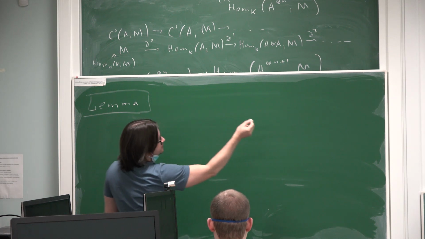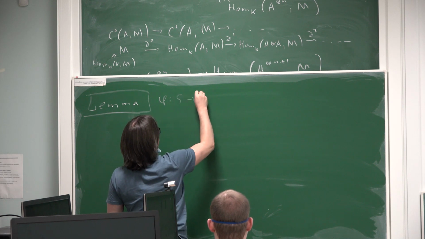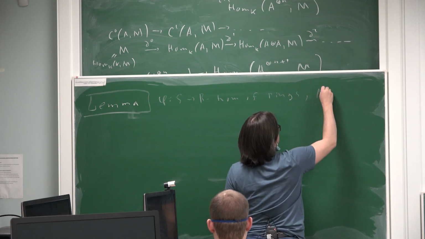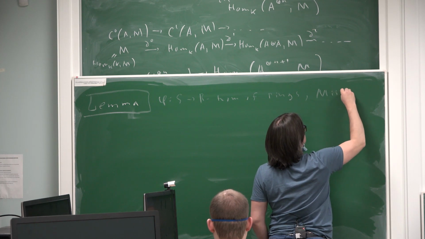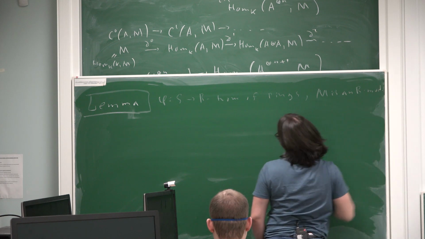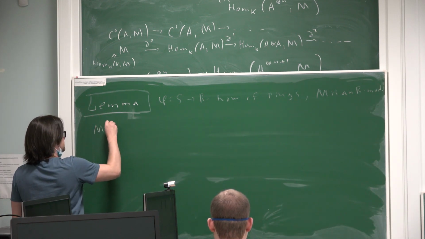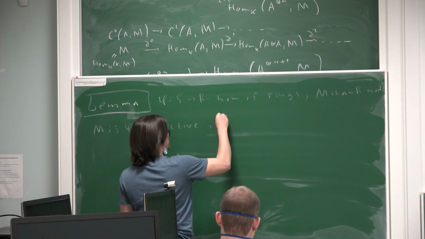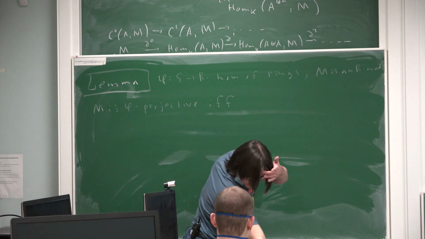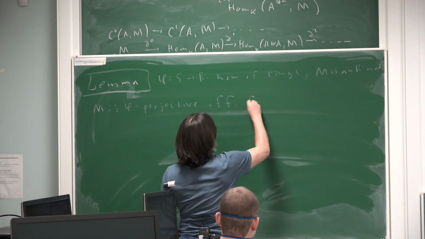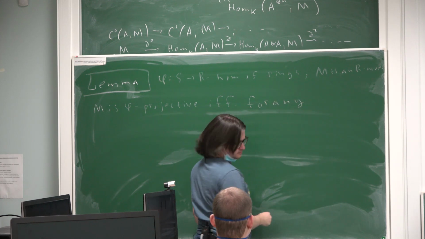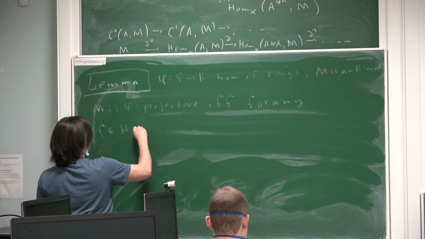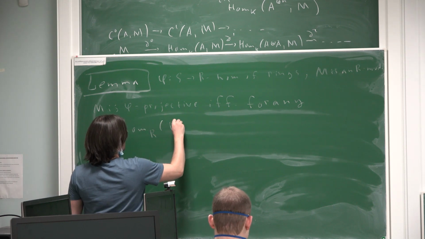Suppose that we have, as before, a homomorphism of rings, and we have an R module M. Then M is phi projective if for any f in Hom over R from M to Y, and any